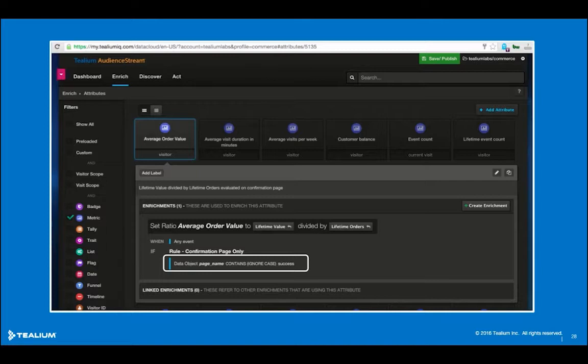And this data is captured whenever the confirmation page fires, calling the data source I highlighted within Tealium IQ earlier, the page name. In this customer's case, the confirmation page includes the word success. So there's a little rule there that says whenever this data object is called and the word success is in the URL, please fire this rule.